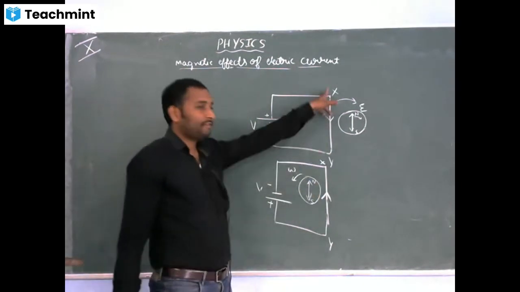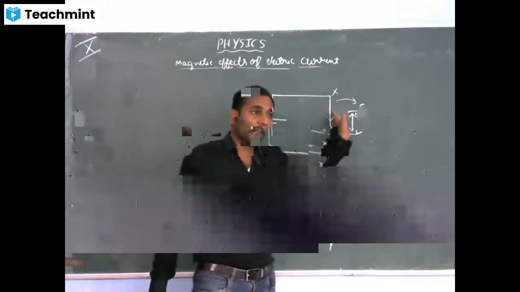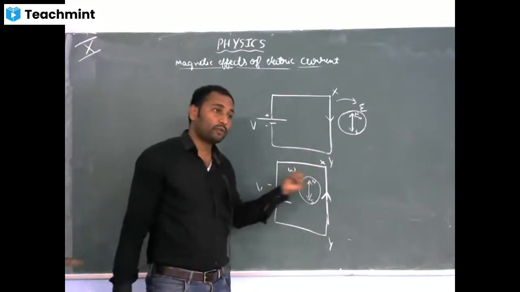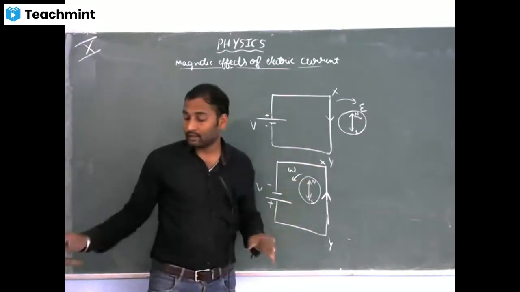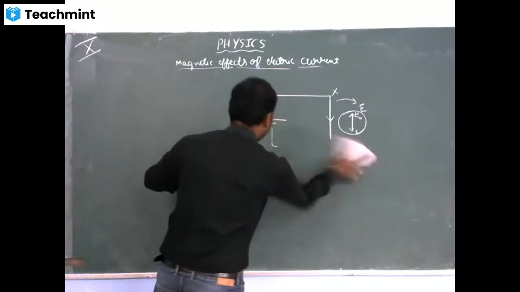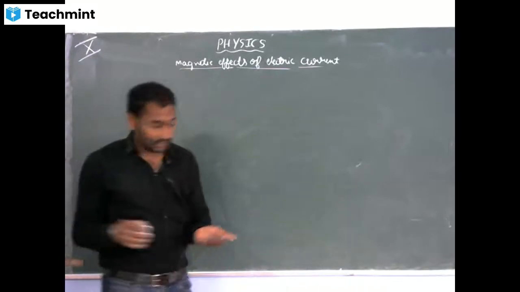Clear? If the current flows from north to south, the deflection will be towards east. If the current flows from south to north, the deflection will be towards west. Okay, so know this. So as I mentioned, the next topic is